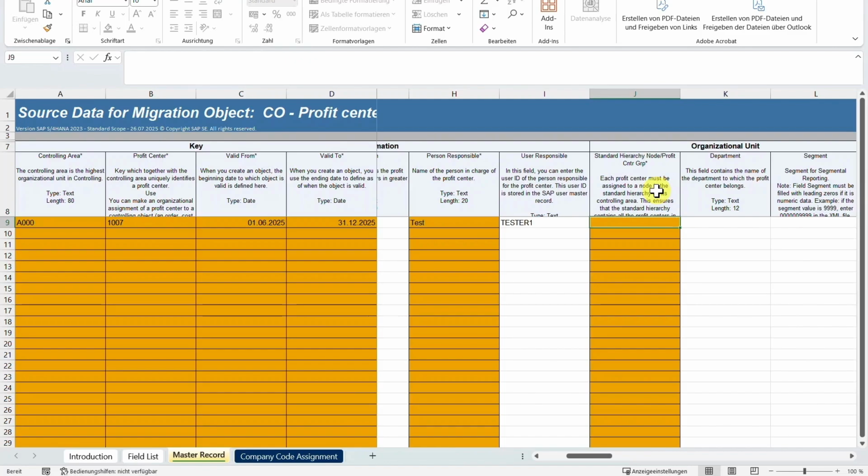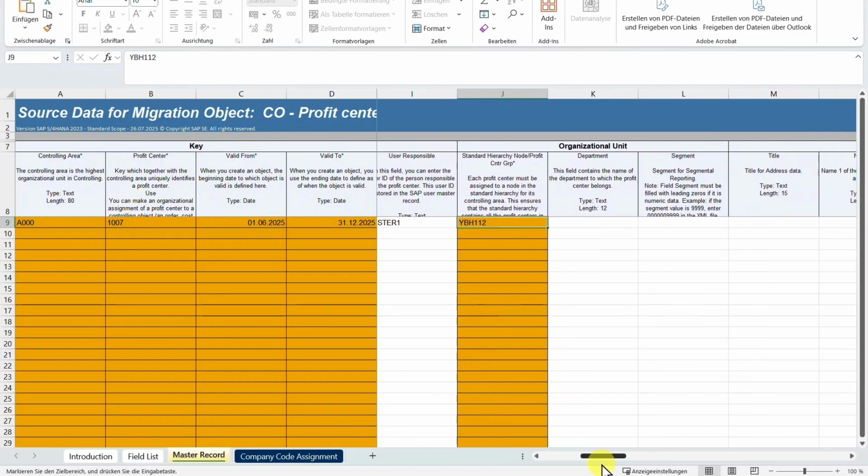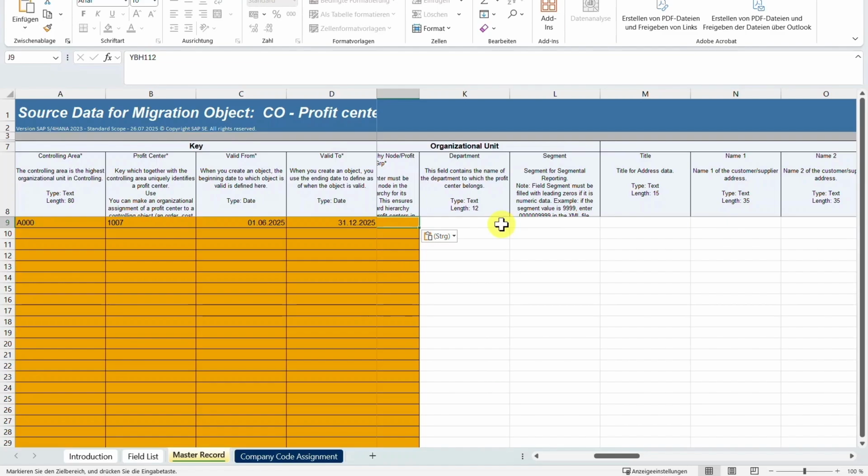As you know, each and every profit center must be assigned to a standard hierarchy. And this standard hierarchy you must create beforehand in the customizing. Let me just insert that and go to the right. Here you can see we could fill the department and segment. The latter one I will do for now,